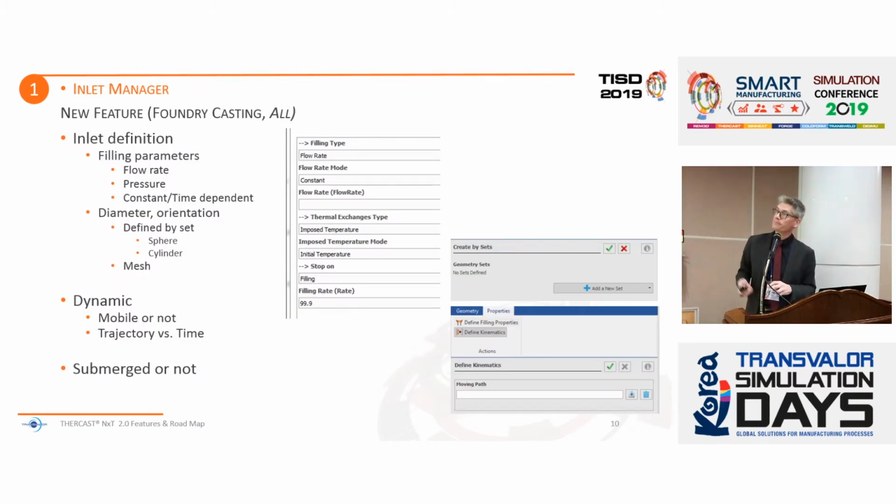Okay, another feature that has been added in this new version is the capability to pilot the injection of the metal into the mold through an inlet that can have different shapes, so sphere or cylinder with different orientations and sizes for sure. And one of the particularities of the inlet is that it can be dynamic, meaning that it can move in time. So we can displace the injector or inlet within the volume of the cavity in order to pilot a moving injection, which could be really interesting in a given case.